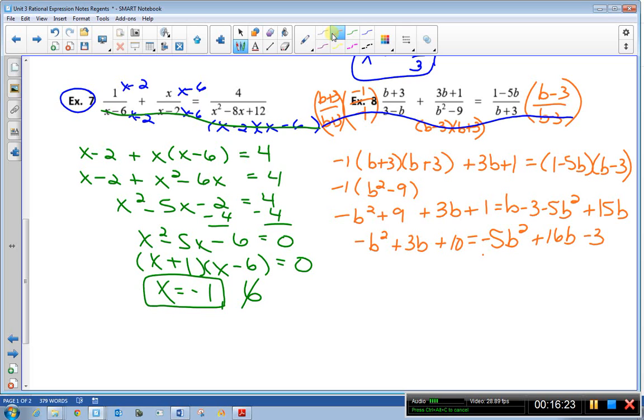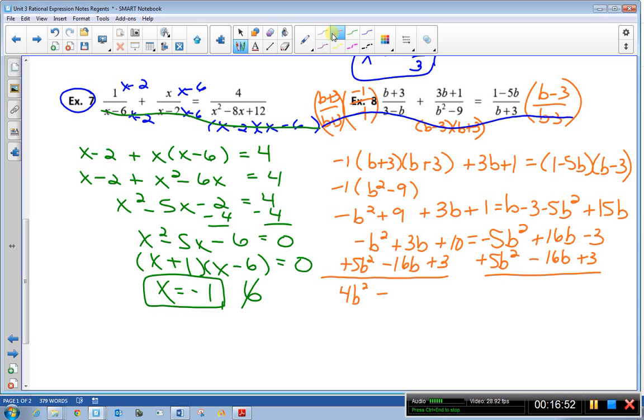So then I'm going to add 5b squared, subtract 16b, and add 3. So I get 4b squared minus,